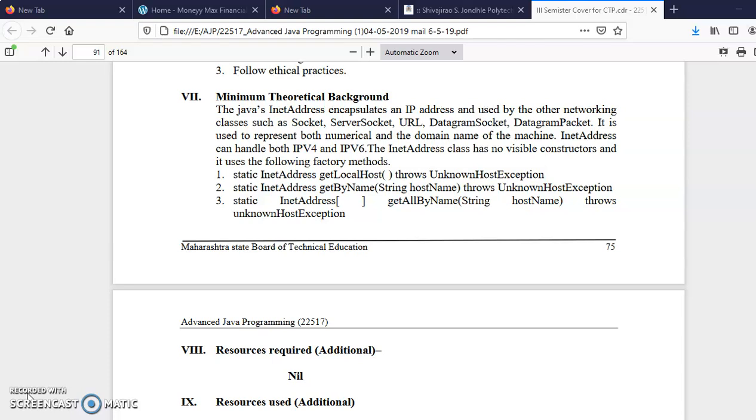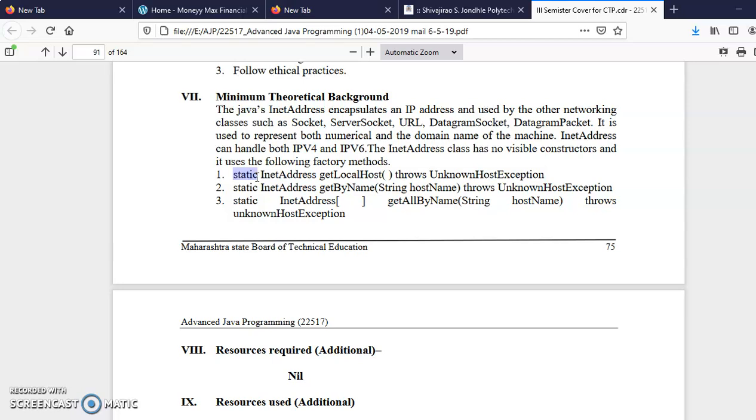The first characteristic of a factory method is that it should be declared as public and static. So here the term static is used. And the second characteristic is that the method will return an instance of a class.